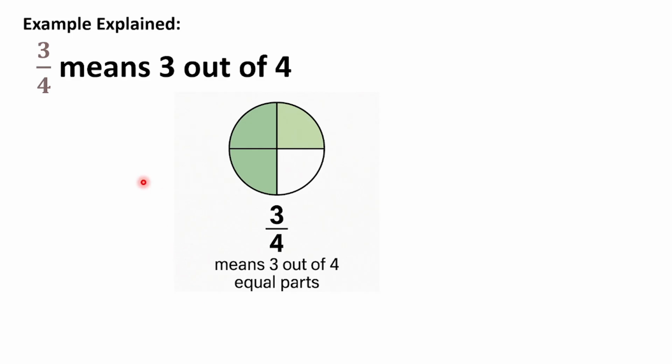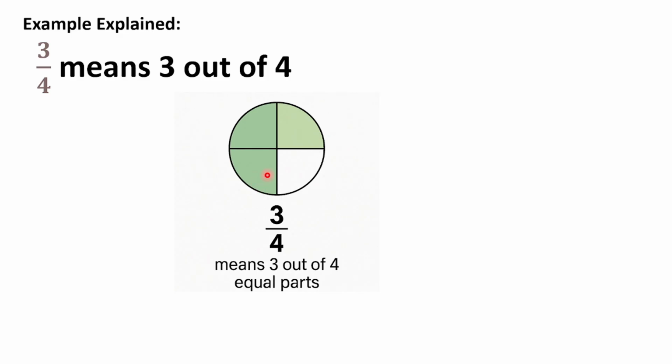So, another example of 3 divided by 4. 3 divided by 4 means 3 out of 4. Look at this circle. The circle is divided into 4 equal parts, and 3 parts are colored greenish. So this is called 3 divided by 4 because